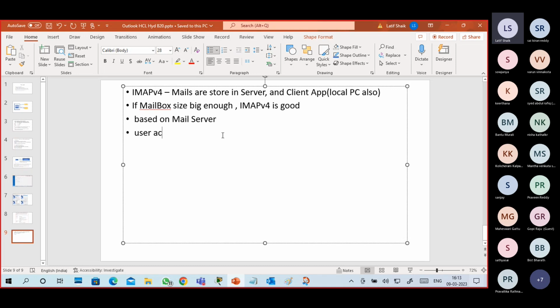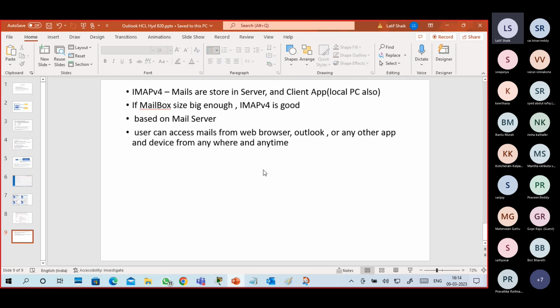User can access mails from a web browser, Outlook, or any other application and devices, from anywhere and any time also. It is called multi-client type. It means